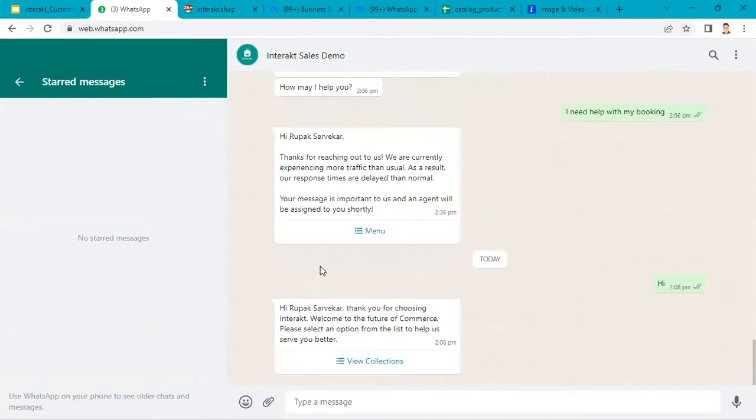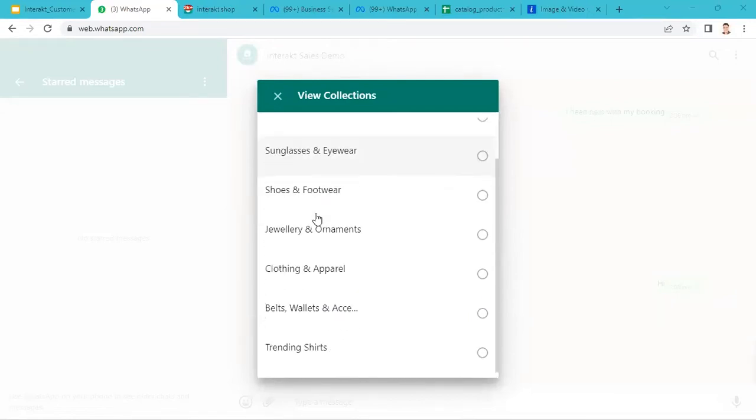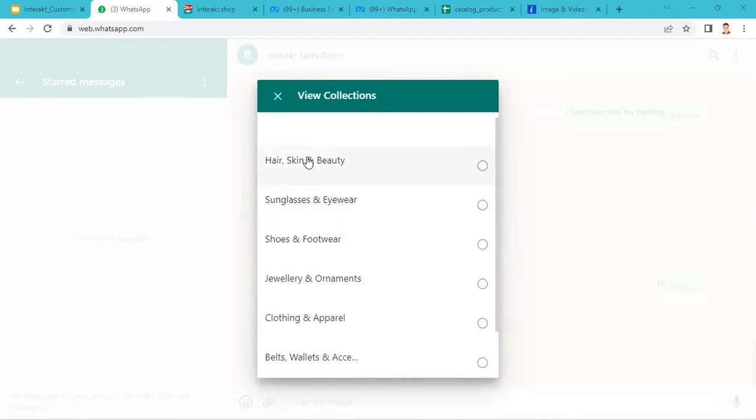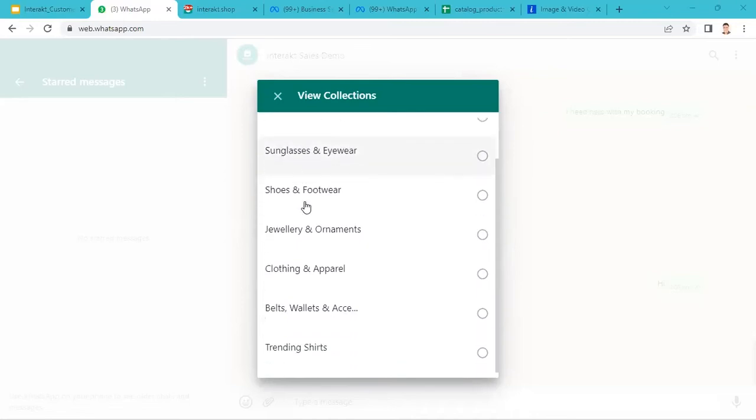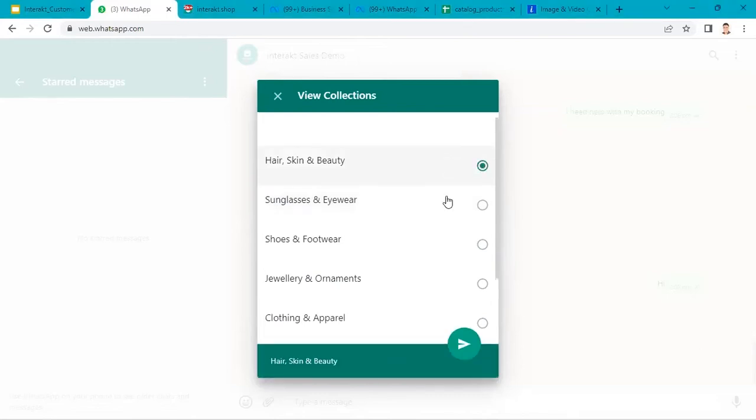All right, so I just sent hi. And now I received a welcome message along with the view collections button. So I clicked on view collections. If you see over here, these are the list of collections in the catalog. Collections are basically curated sets of products, right? So hair, skin and beauty is a collection, sunglasses and eyewear is a collection, or you can create a collection